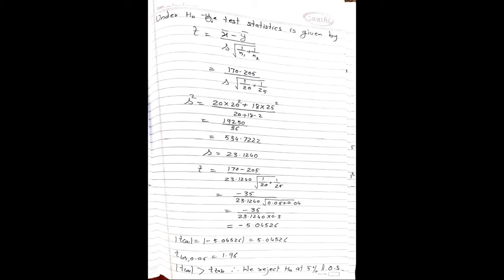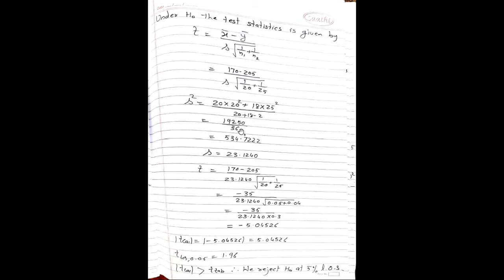So under H naught, the test statistic is given by T is equal to x bar minus y bar upon S into under root 1 upon n1 plus 1 upon n2, which is equal to 170 minus 205 divided by S into under root 1 upon 20 plus 1 upon 25. Let us calculate the value of S square as n1 S1 square plus n2 S2 square upon n1 plus n2 minus 2, which is equal to 20 into 20 square plus 18 into 25 square upon 20 plus 18 minus 2. The calculations are